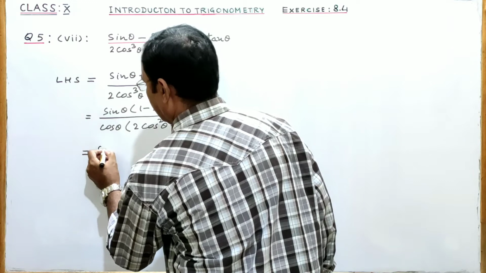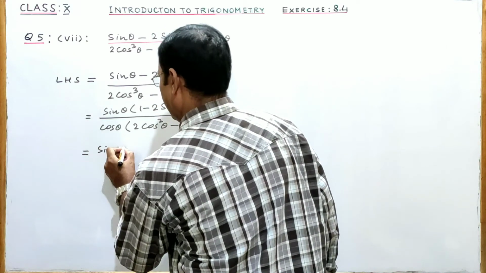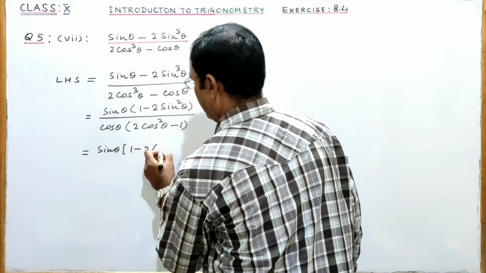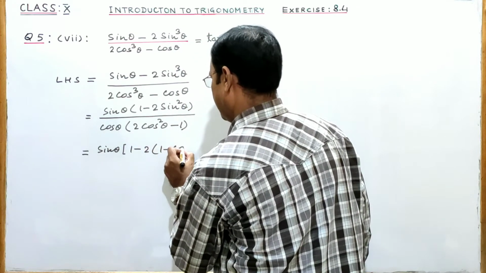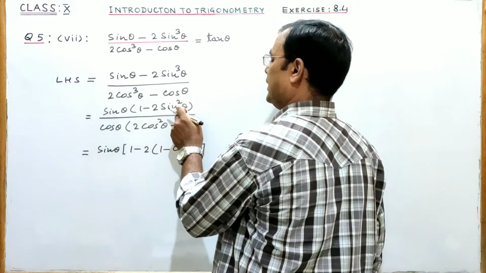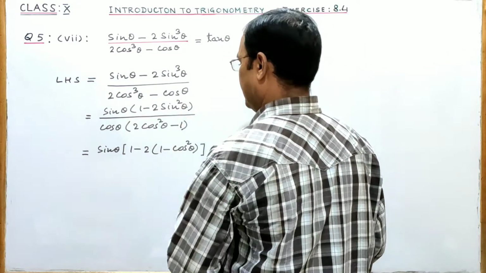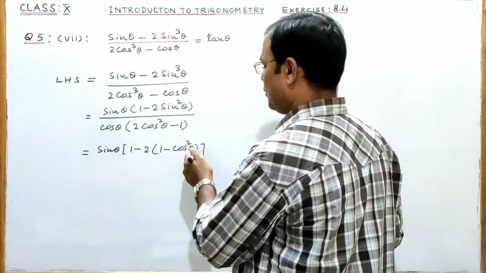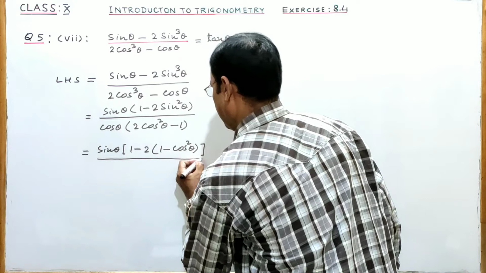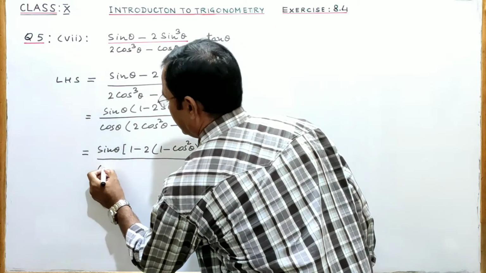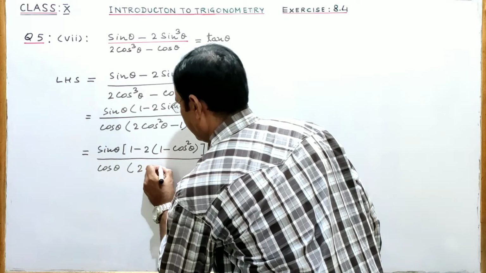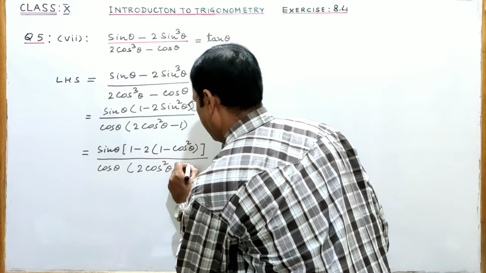So this is sin theta into 1 minus 2 (1 minus cos square theta). In place of sin square theta in the numerator, we have written 1 minus cos square theta, divided by cos theta into 2 cos square theta minus 1,